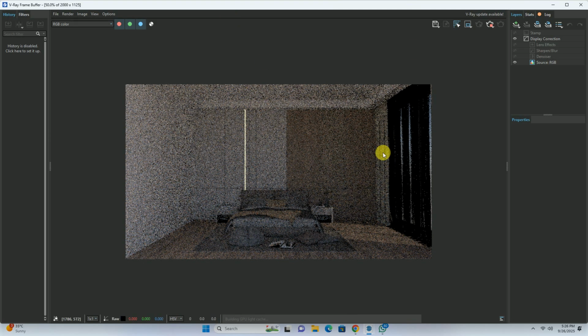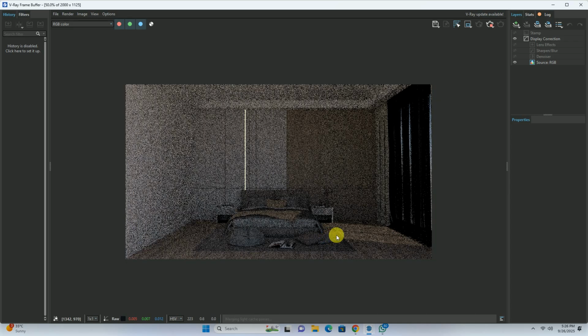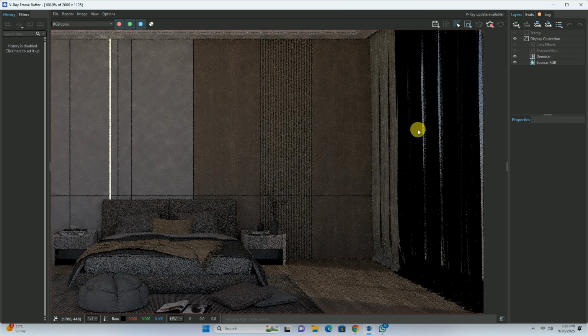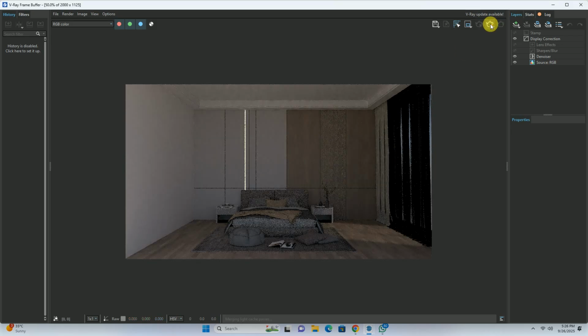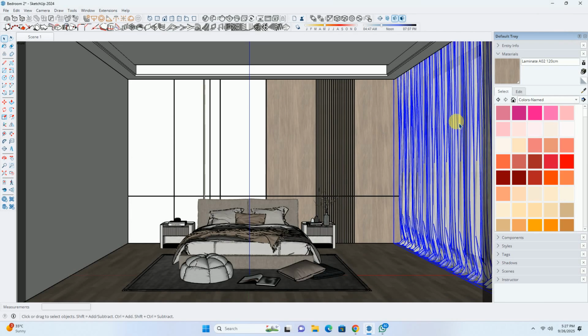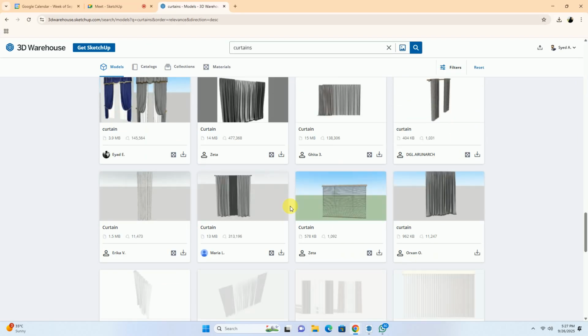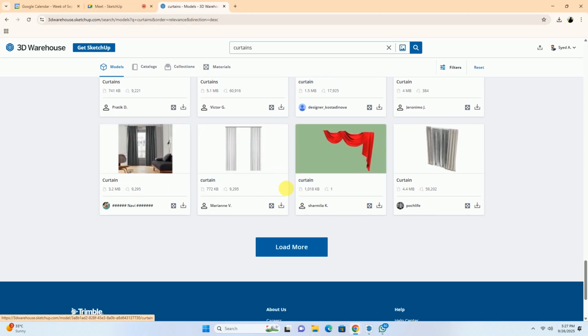You can see this surface is blocking our view here. And the second thing is that it is coming as a black feature kind of thing. So I'll stop it. I won't be using this curtain. So I'll change the curtain to this one.